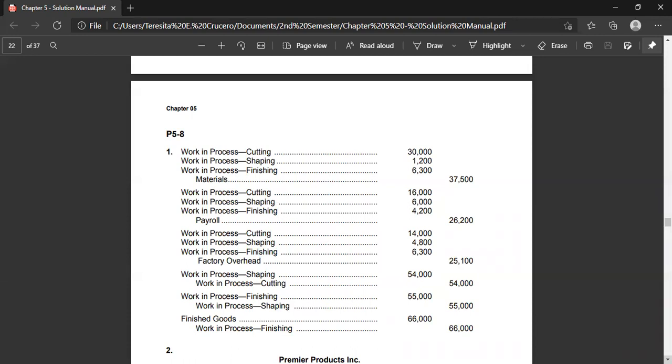So we have now your next entry, debit to work in process, shaping, and credit cutting. Finally, we have your finished goods for 66,000 and credit to work in process in 5-8. Next, we have